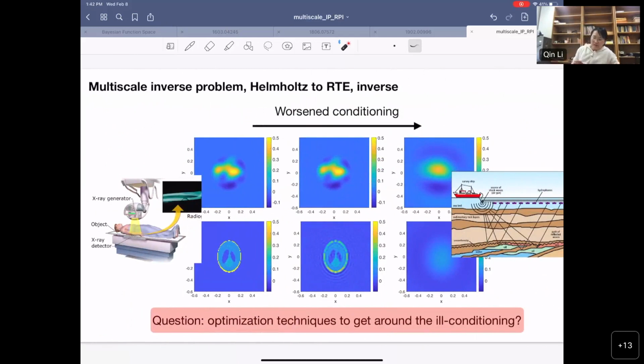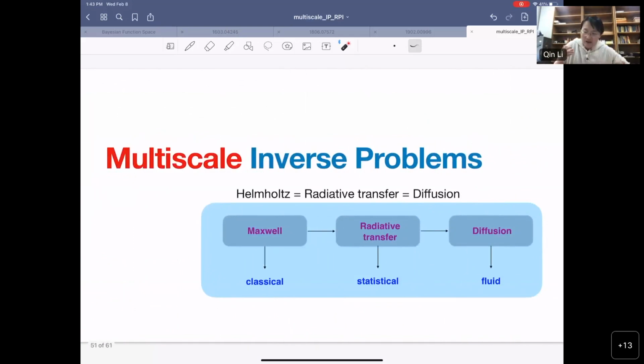So the last page is really to come back to this question. We show the well-posedness on the PDE level, and in the true numerical execution, we need to translate this problem into a PDE-constrained optimization. So how do we tune the landscape of the objective function to balance the numerical cost and at the same time obtain good conditioning? That is a good question to pursue. So with that, I'm pretty much done.